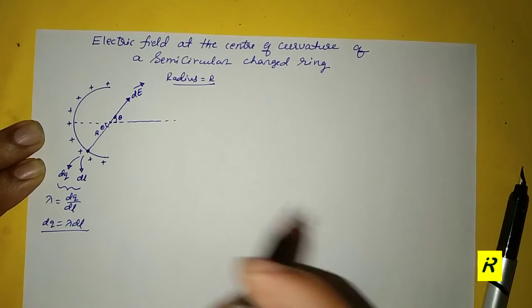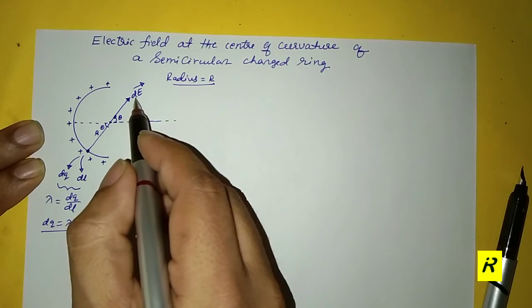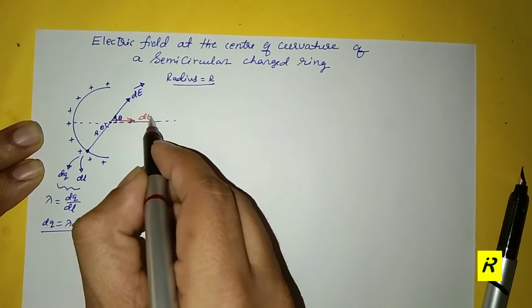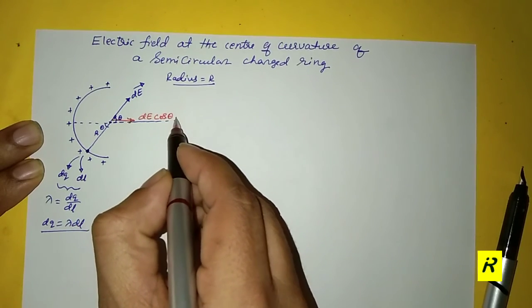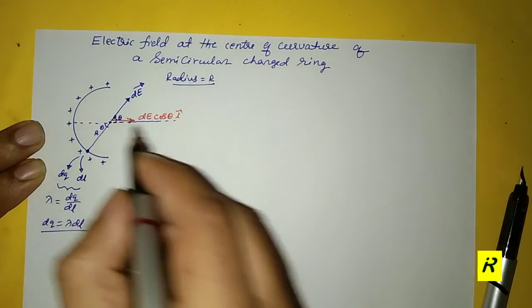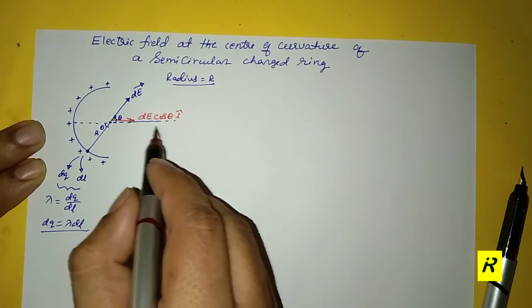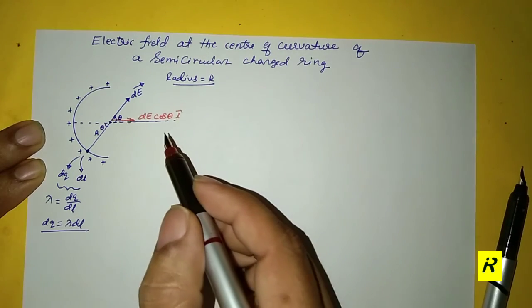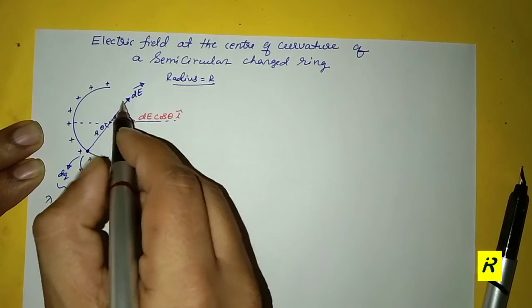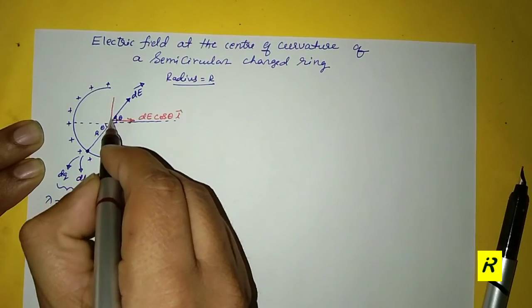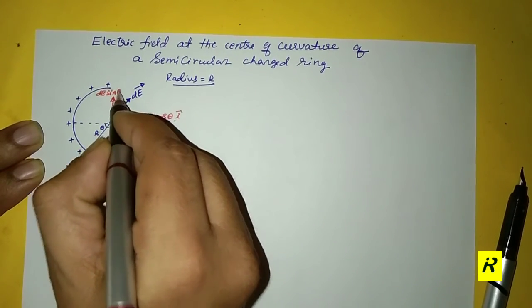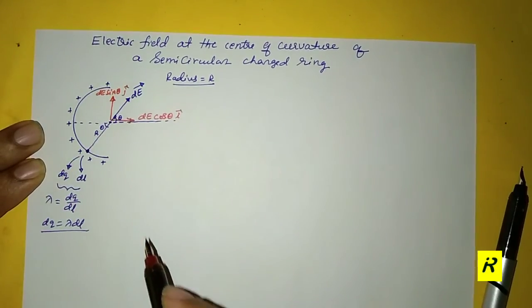Then what I can write? I can take the component of this dE like this. Okay, so this is dE cos theta into i cap. If I am choosing x-axis along this direction, positive x-axis along this direction, this is i vector. This is dE cos theta i cap. And meantime, I can choose the vertical component of this dE. So that component will be dE sin theta j cap. j cap is the unit vector along y axis.